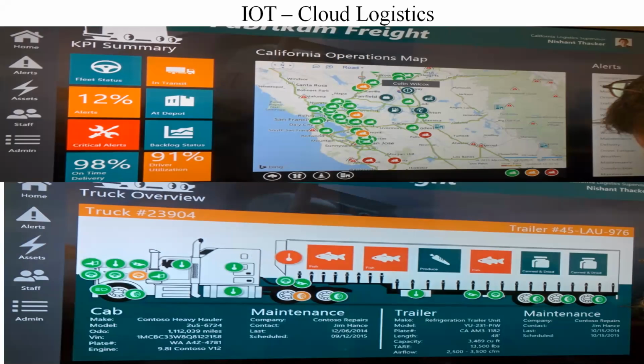So a lot of cold storage and other transportation, they are using sensors. If you book a ticket in RedBus or some other, they will tell you the expected arrival of the bus, where the bus is coming. All these things you can track. Okay, how is it possible? Because of, as I told you, the sensors between your mobile and the sensors in the car or buses. Based on this they will calculate.